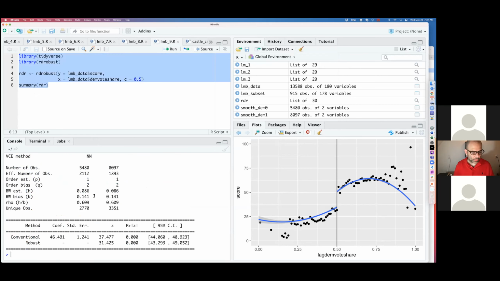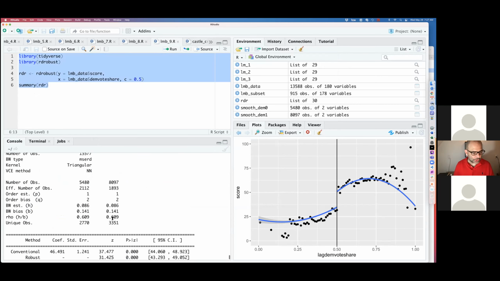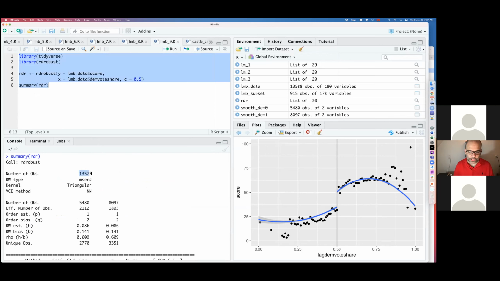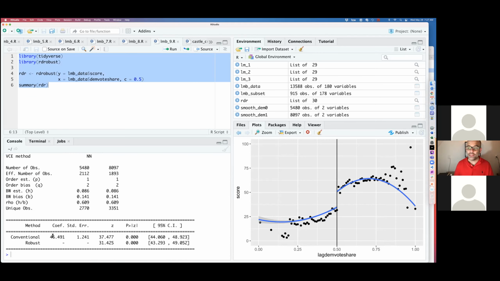When we use the RD robust command, it's going to use all of the data. Notice here, 13,577. Not positive why I dropped 11 of them, but it's going to use all 13,577. It's going to do these local polynomial regressions with kernel weights. Triangular kernel weights. So it's going to use this triangular weight, right? And notice now we get 46.4, 46.5,